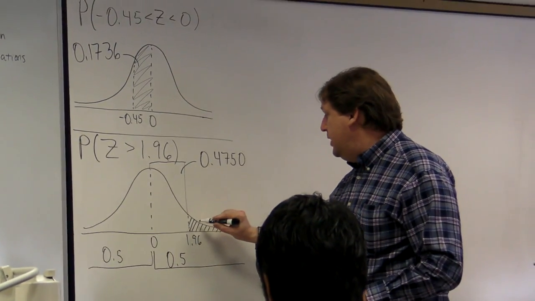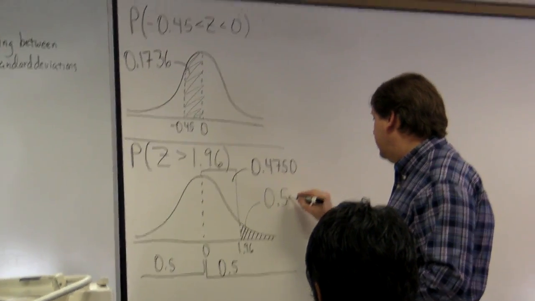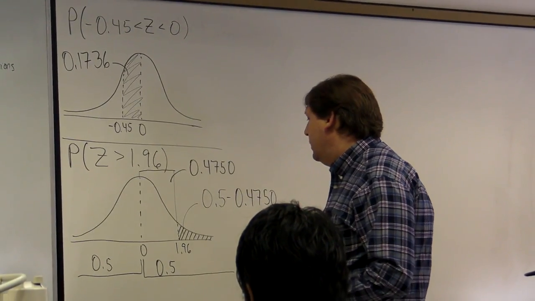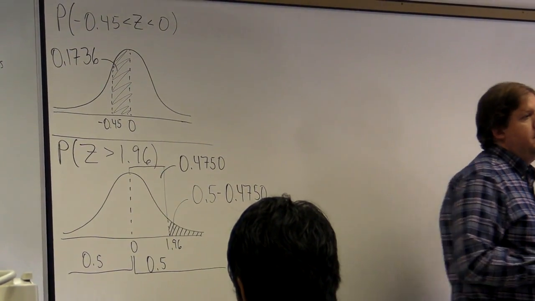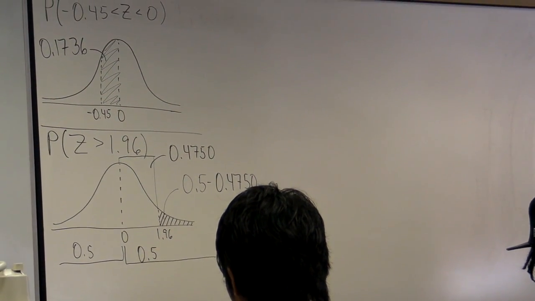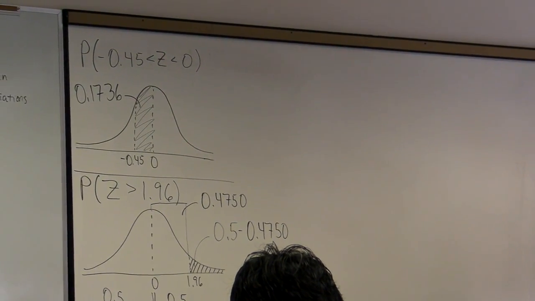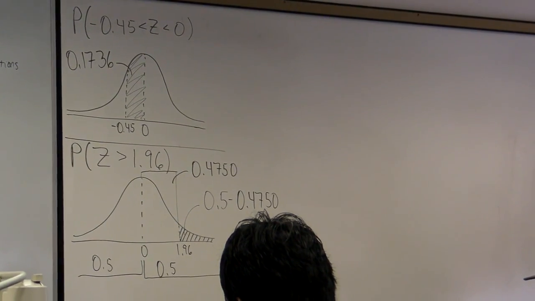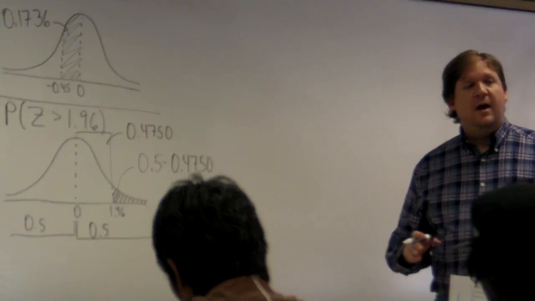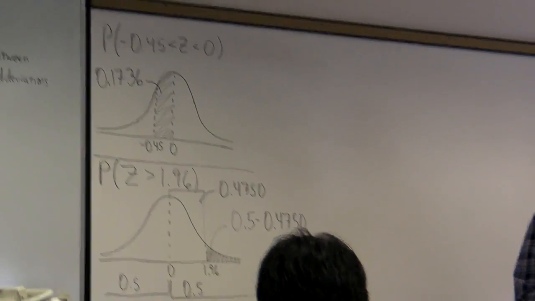So the area that I've shaded in is just 0.5 minus 0.4750. If I know the entire area above is 1/2, or 0.5, I know the area between 0 and 1.96 is, in this case, 47.5%. Then the area that I'm looking for is just 1/2 minus